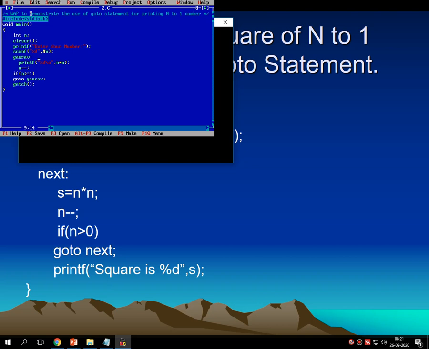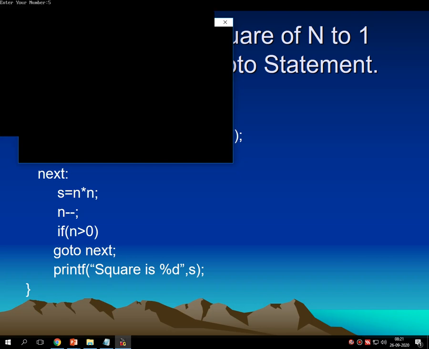Here we are. 1 to n numbers means here we have to go for a equals 1 till n, then we have to print a. What I do first is just print 1 to n numbers, then I will modify the program. a plus plus and a is less than or equal to n. I just want to print 1 to n numbers yet, then I will make the change.